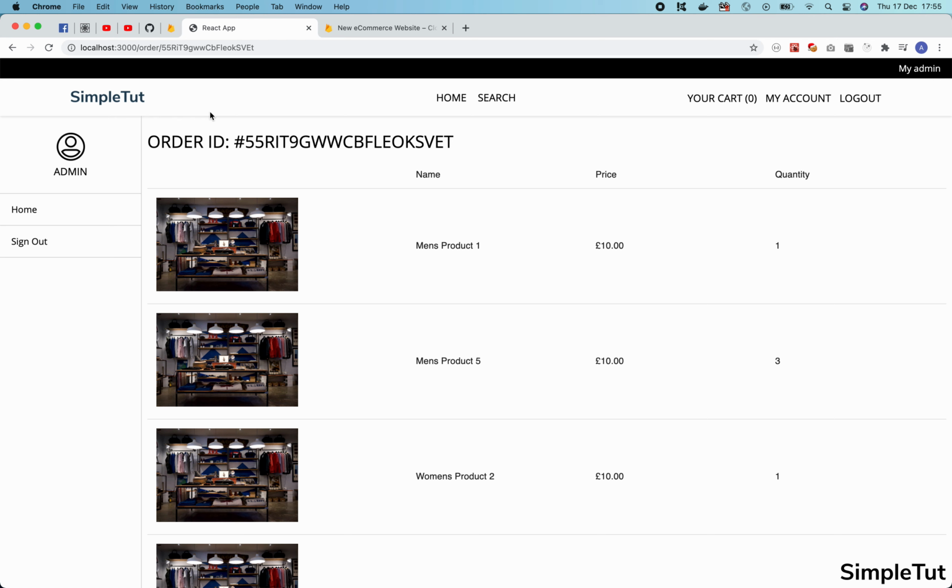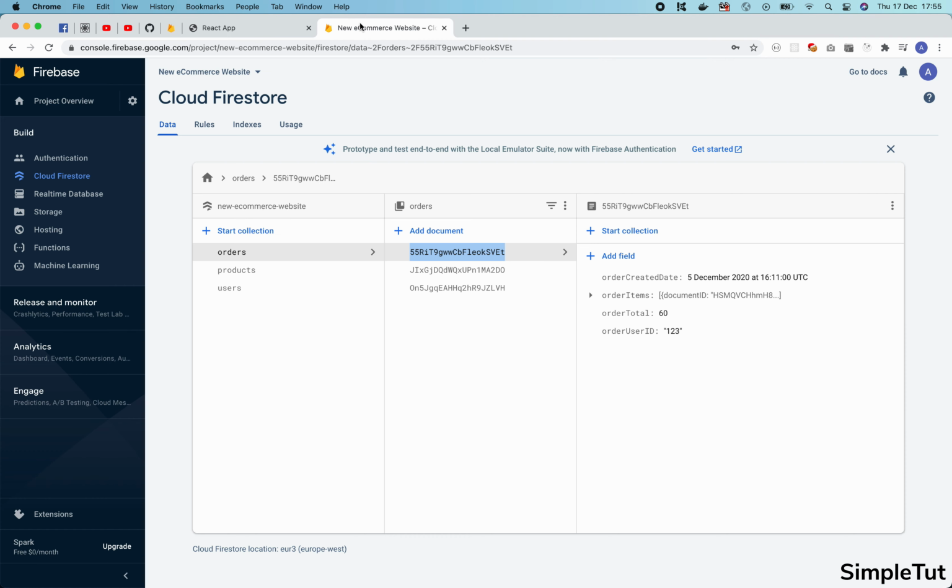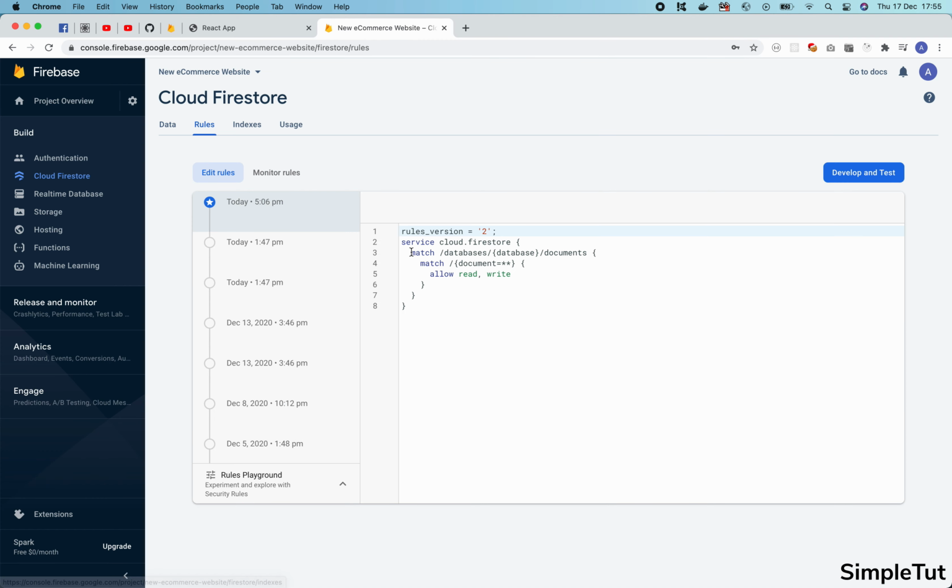Now this is a security issue because it applies across the board. If we look at the security rules, we are allowing anyone to read and write anything from our database. So what we're going to be doing is applying security rules to ensure that this isn't possible. And this is why we use security rules, to protect and ensure that users are only able to access